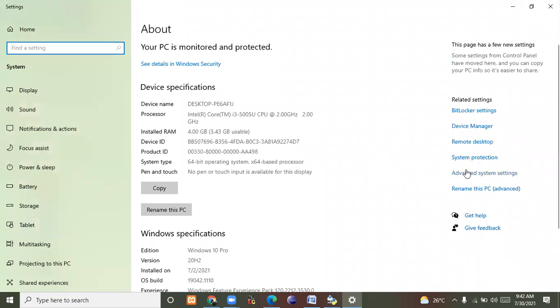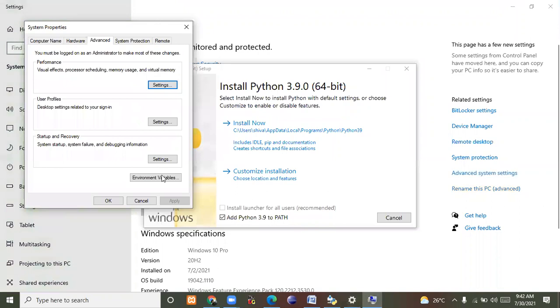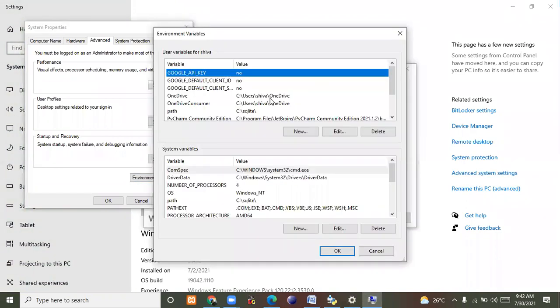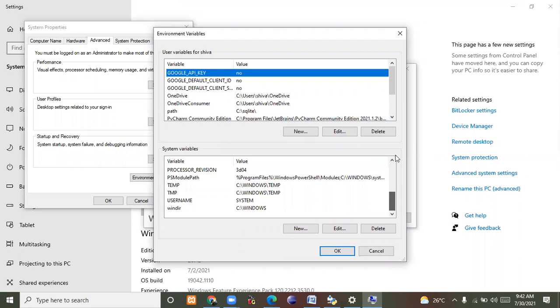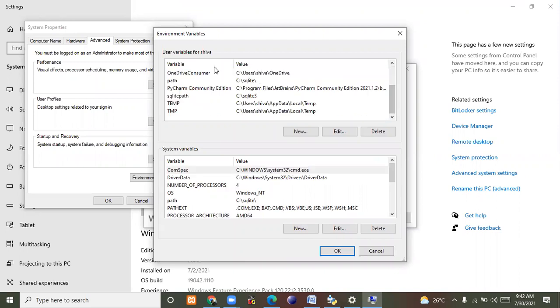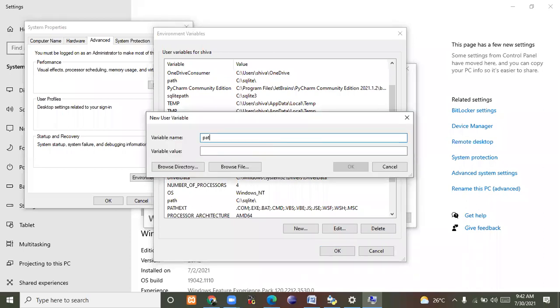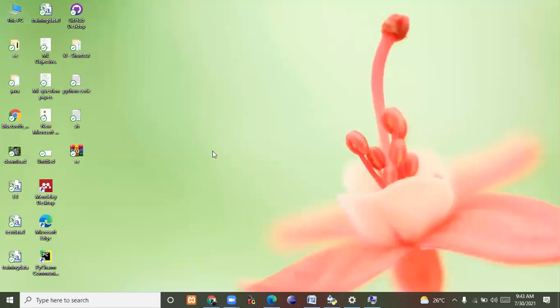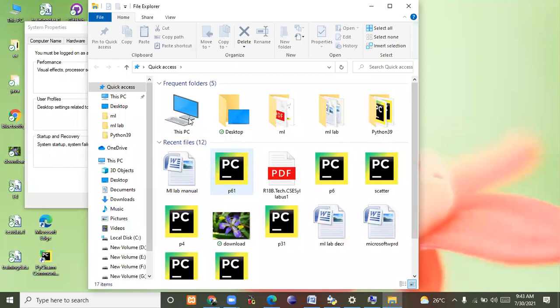you can right-click on My Computer, and you will get Properties there, then Advanced system settings, then Environment variables. Here you should type New, and type Path or Classpath, and here you have to paste where it is installed.